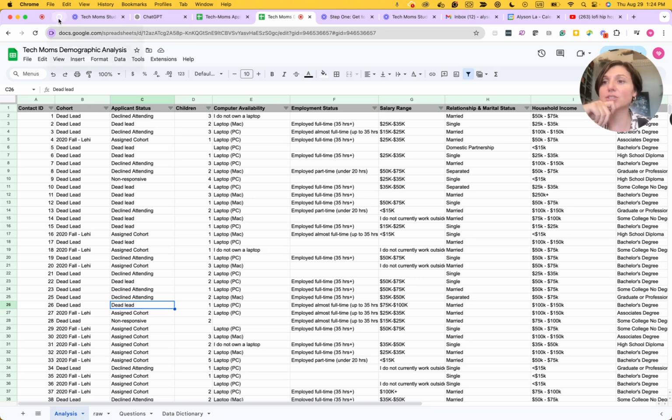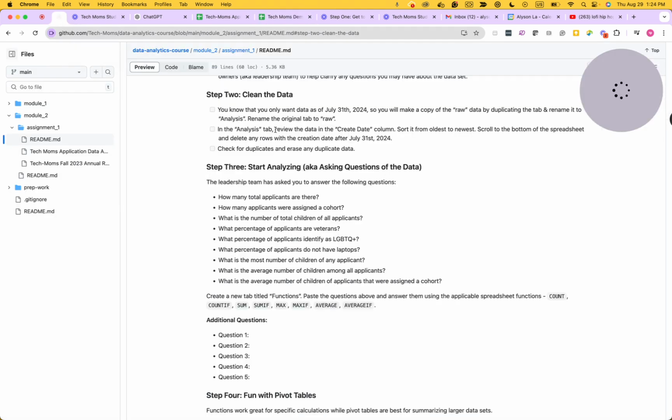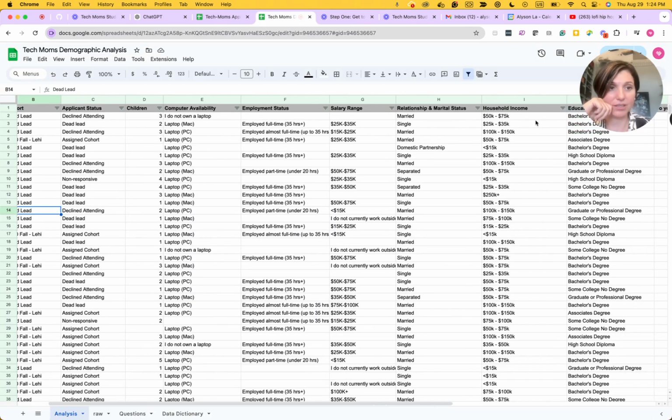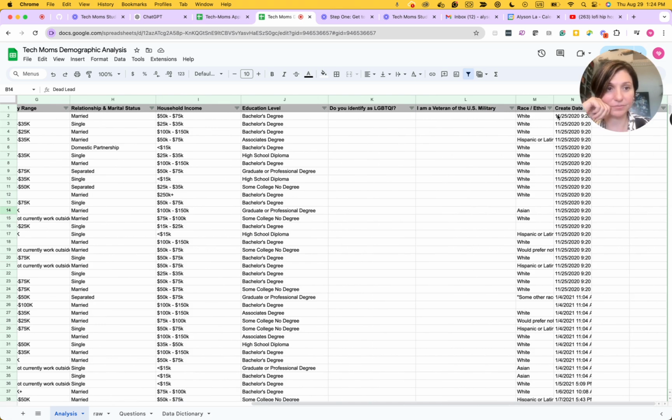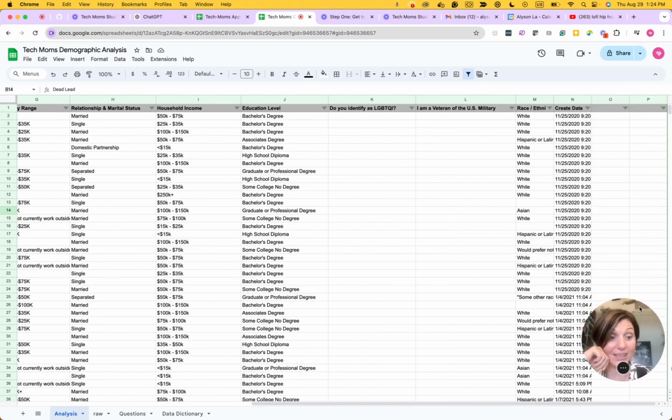So we'll go back to here. It says in the analysis tab, review the create column, sort it from oldest to newest, scroll to the bottom of the spreadsheet, and delete any rows with the creation date after July 31st, 2024. So here,